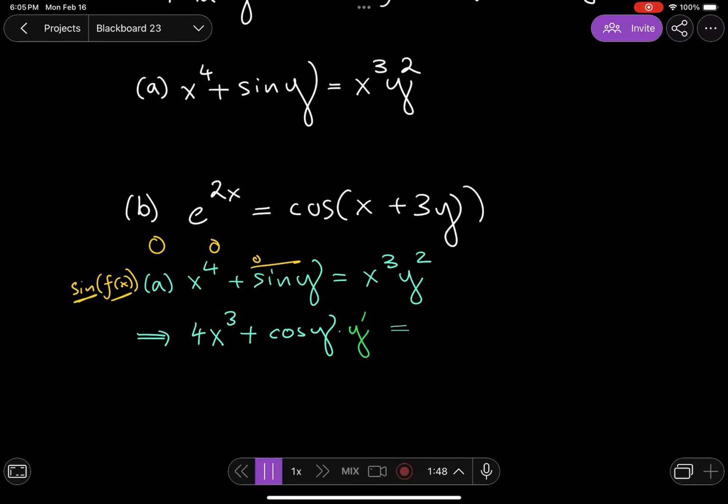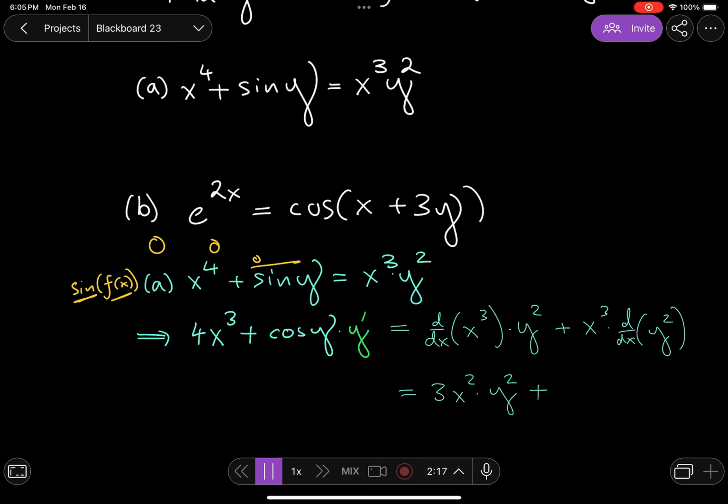And on the other side of this equation, it looks like I have the product of two functions, which means I will have to use the product rule. In other words, I have the derivative of the first function, x cubed, times the second, y squared, plus the first function, x cubed, times the derivative with respect to x of the second function, y squared. This part's not too bad. This is equal to 3x squared times y squared, plus x cubed, but the derivative of y squared,